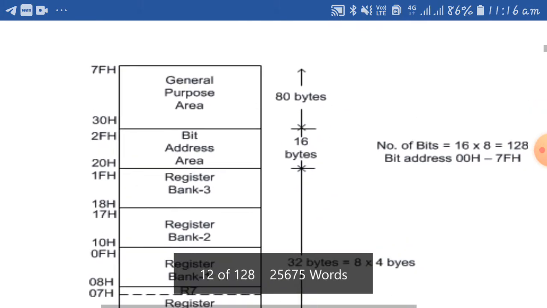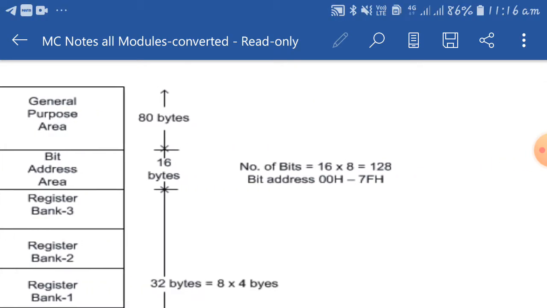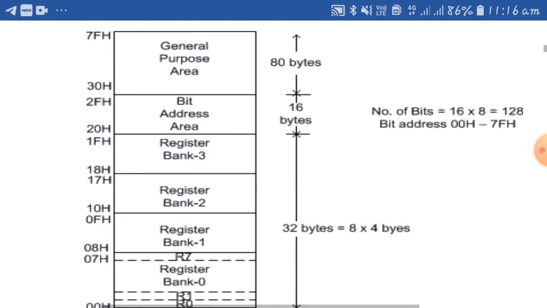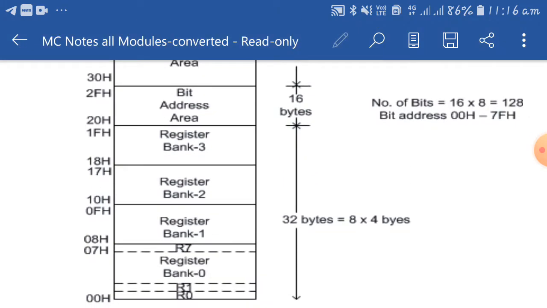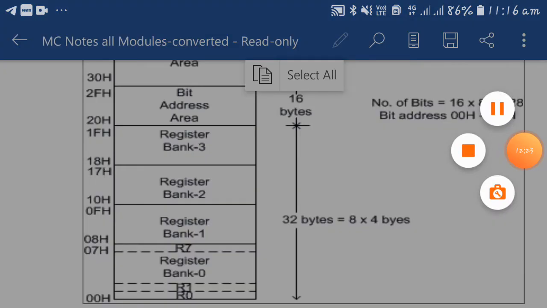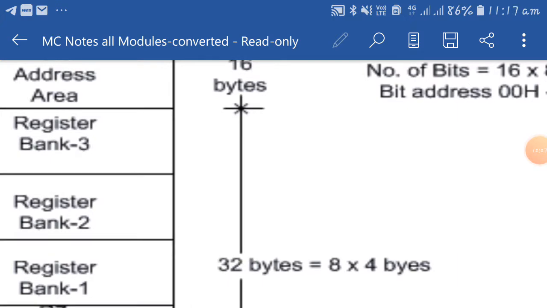Finally it has a total of 80 bytes. For the last section, it becomes a total of 128 bytes. The number of bits for the second section is 16 bytes times 8, so it becomes 128 bits. You can store these in bit addresses. The bit addressable addresses start from 20H to 2FH. Here every bit is denoted by addresses 0 to 7FH. So you will understand the bit addressable areas.